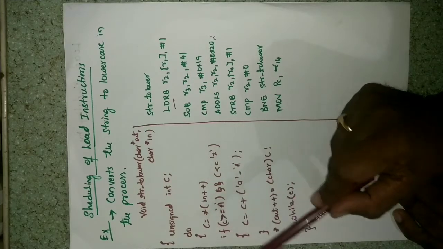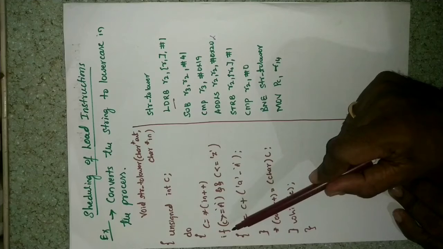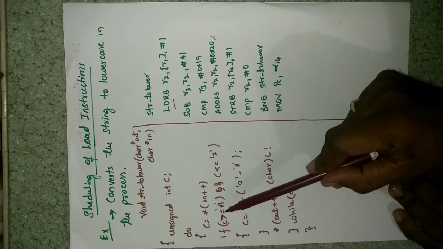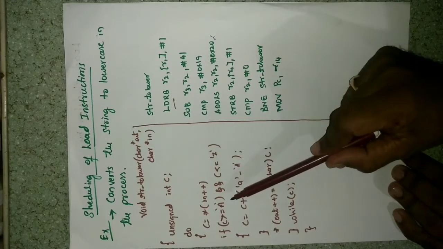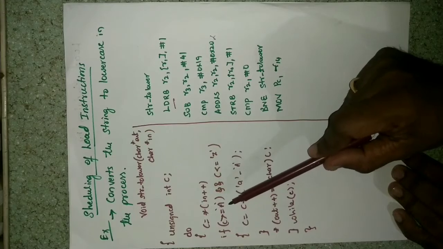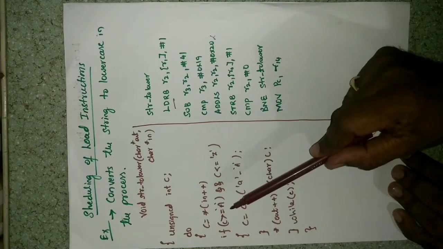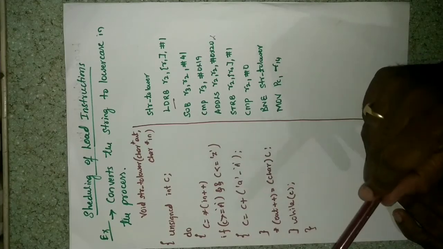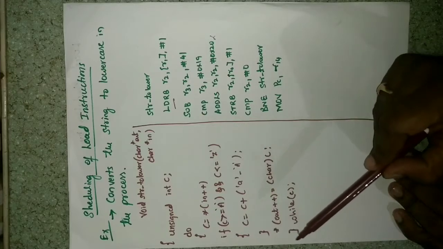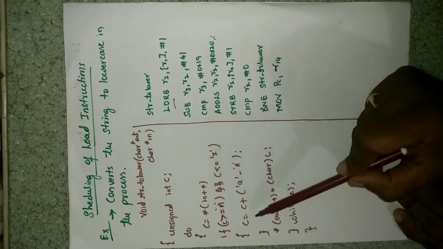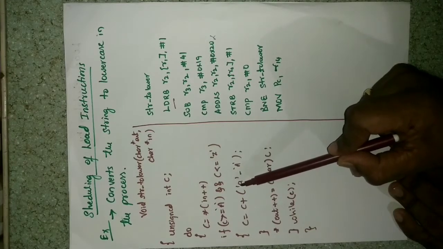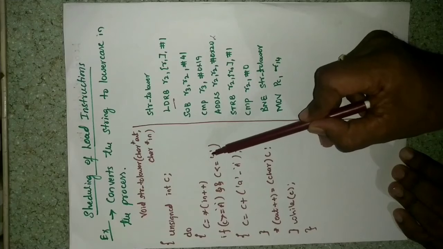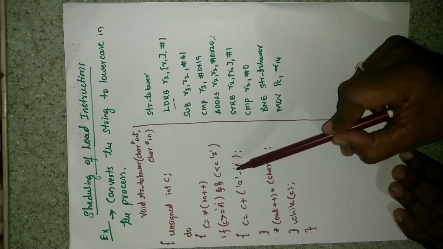The content of the memory, that character, which is an uppercase letter, you have copied into c. And here is an if statement: c is greater than or equal to 'A' and c is less than or equal to 'Z', a character which is a capital letter from A to Z. If the memory content is a capital letter from A to Z, only then do you need to convert it. So that is the condition I am checking here. If the condition is true, now take c is equal to c plus 'a', a single quote indicating the ASCII value of that letter, minus 'A', the capital letter.